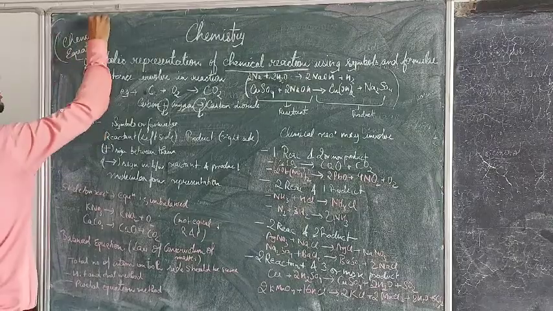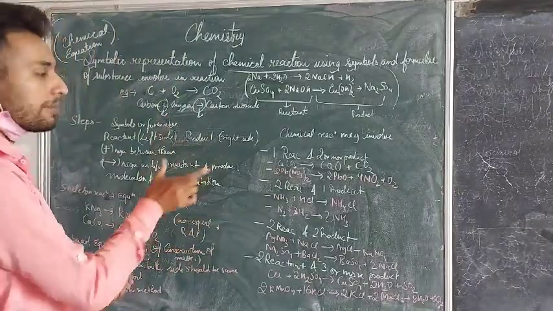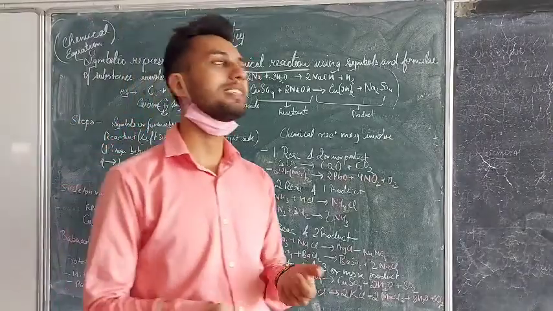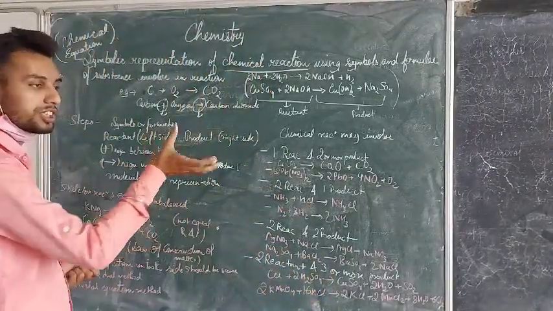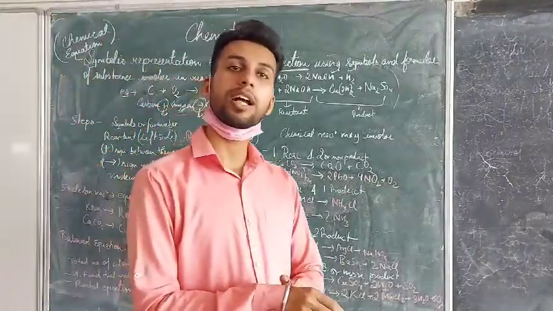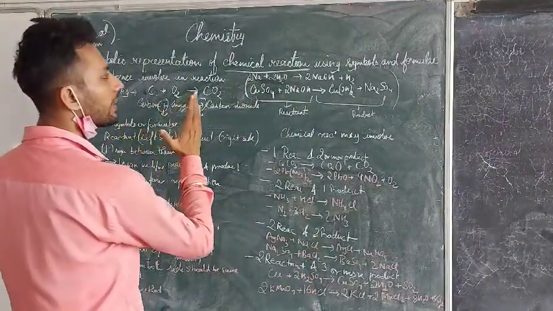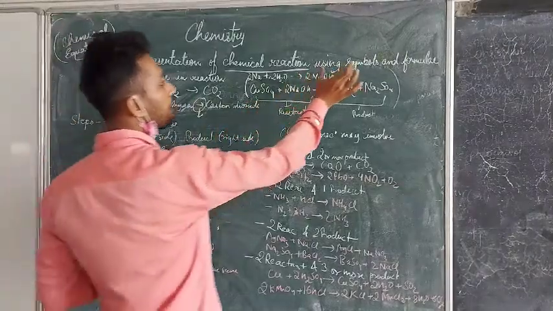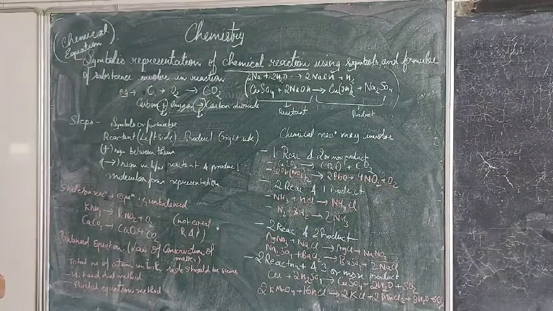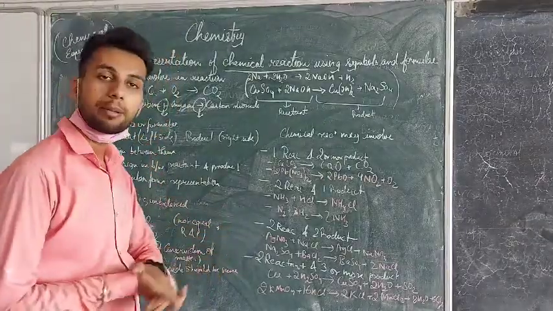So here we are studying the chemical equation. What is the chemical equation? The symbolic representation of a chemical reaction, showing which chemicals are involved and what product is made. It uses the symbol of sodium, or the formula of a molecule like sodium carbonate. The symbols and formulas of the atoms or molecules and the substances involved in that reaction, to complete that reaction, is called the chemical equation.